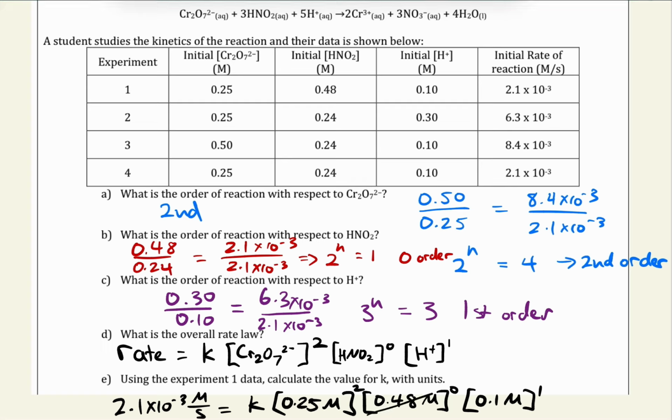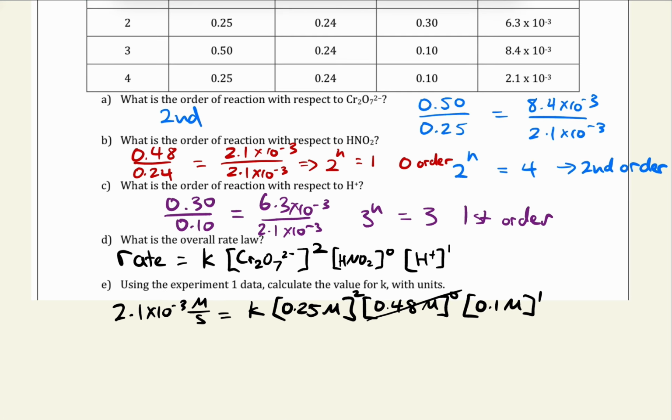Now here, this term will just cancel out to 1. Now if I simplify this, I will get 0.34 molarity per second times 1 over molarity cubed equals k, which simplifies to 0.34 and 1 over molarity squared second equals